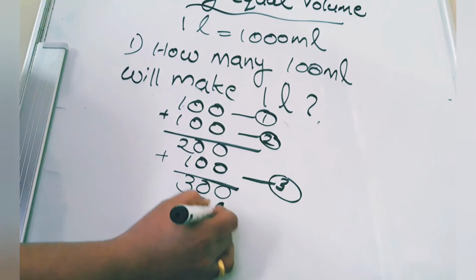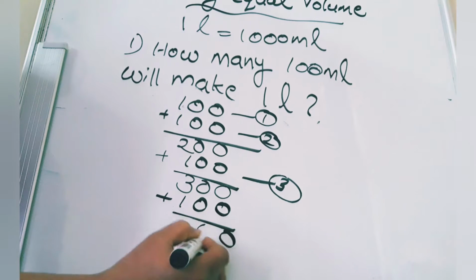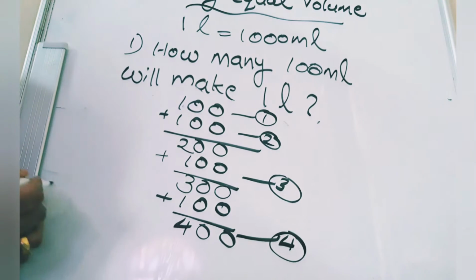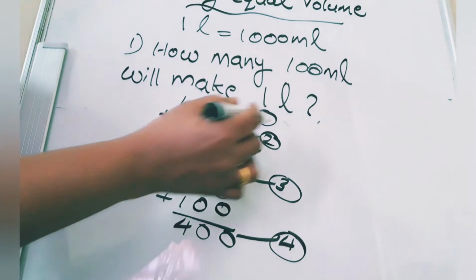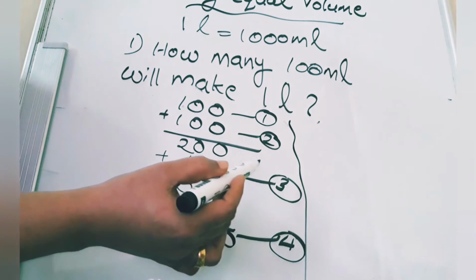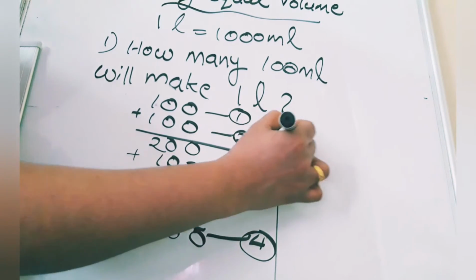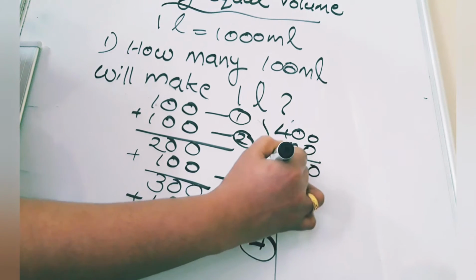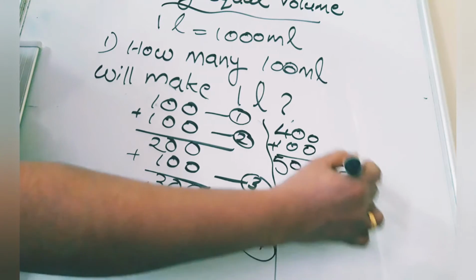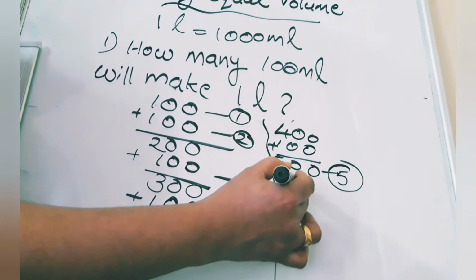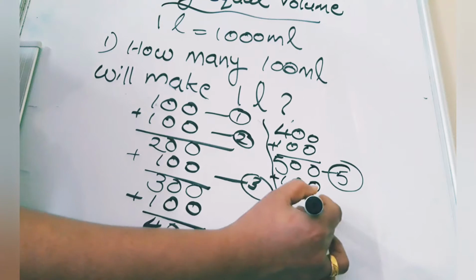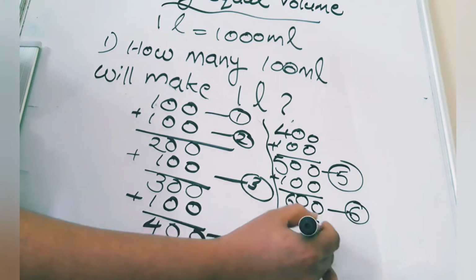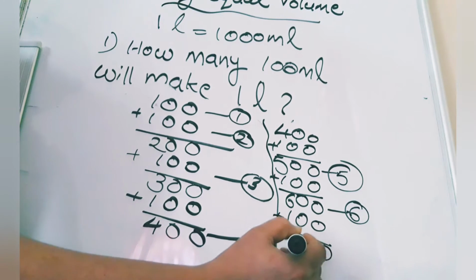So again you have to take 100. Okay. So 3 plus 1, 4. So 4 times you did, no? 4 times, 400. Okay. Now how to do? Here you can do 400 plus 100. So here you will get 500, no? So this is 5 times. You are doing it 5 times. Then again plus 100. So 6 times. 6 times we are adding. Okay. So 6 plus 1, 7.